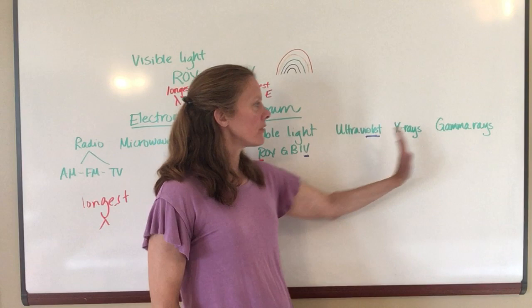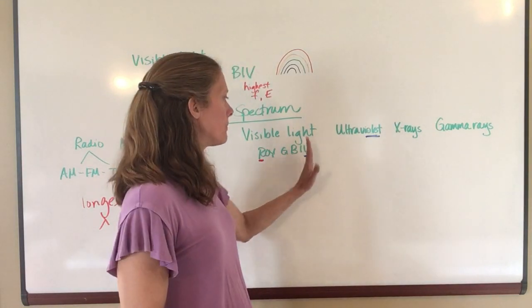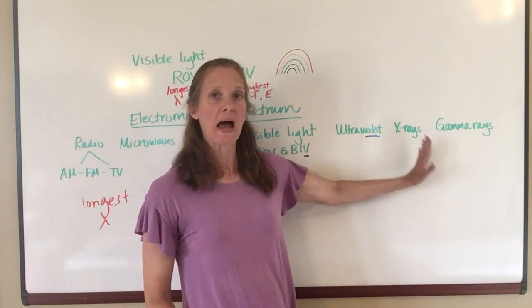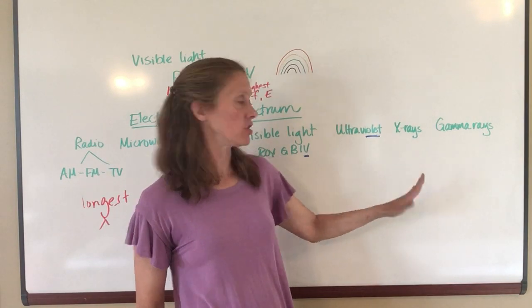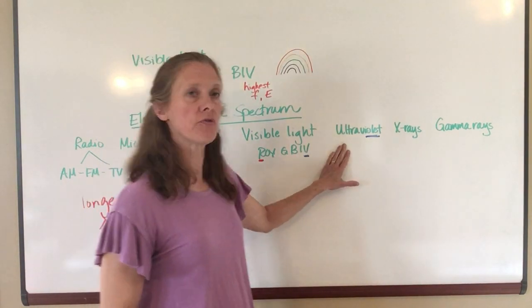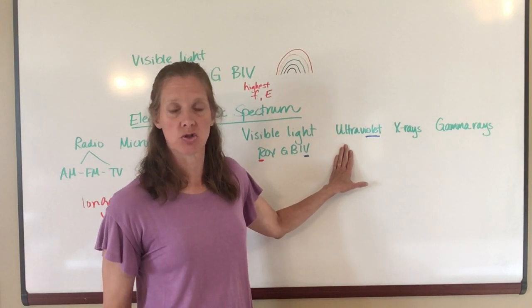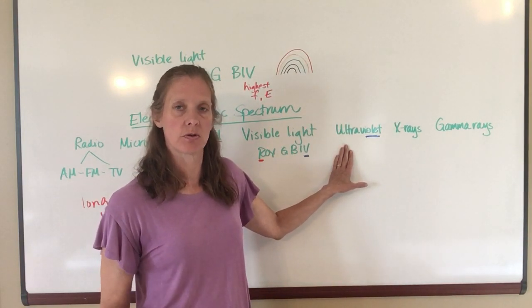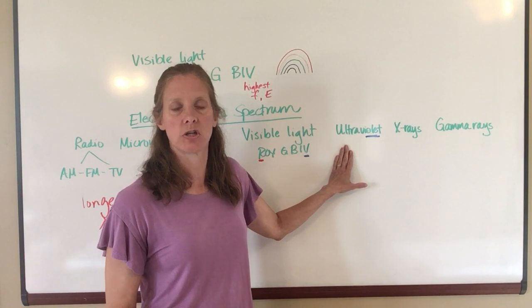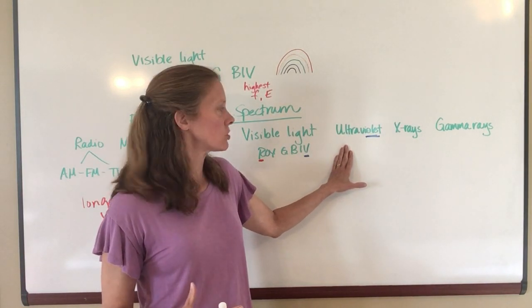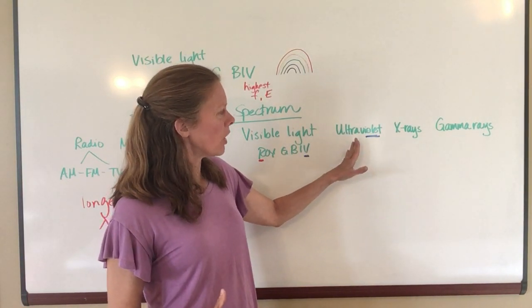Once we get down on this end of things, these waves have enough energy to kill living tissue. And so medical facilities will use ultraviolet light to sterilize instruments, to kill the bacteria on instruments so that they can use them doing medical procedures and they don't worry about risking infection. So ultraviolet,